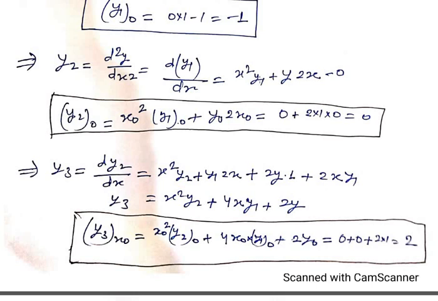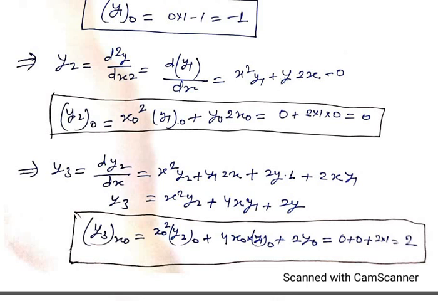x square into differentiation of y1. So x square, differentiation of y1 with respect to x will be what? y2. So x square y2 plus differentiation of first term, that is 2x into y1. So y1 into 2x. Similarly apply multiplicative rule of differentiation over here. First term into differentiation of second. So 2x differentiation is what? 2. So 2y into 1 plus